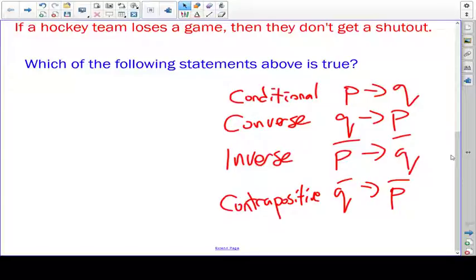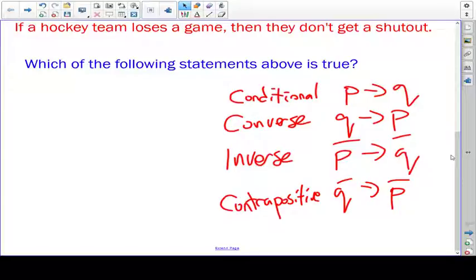Okay? So we can make a conditional statement out of anything, or we can be given any kind of conditional statement. On the quiz, there were 2 conditional statements. And from that conditional statement, we can state the converse, inverse, or contrapositive. Now, that doesn't mean that any of those statements are true. But if you're given a conditional statement, what we just wrote and read there is your cheat sheet of how to create the converse, the inverse, and the contrapositive. That would be a lovely thing to go on your unit end study sheet, as well as likely your final